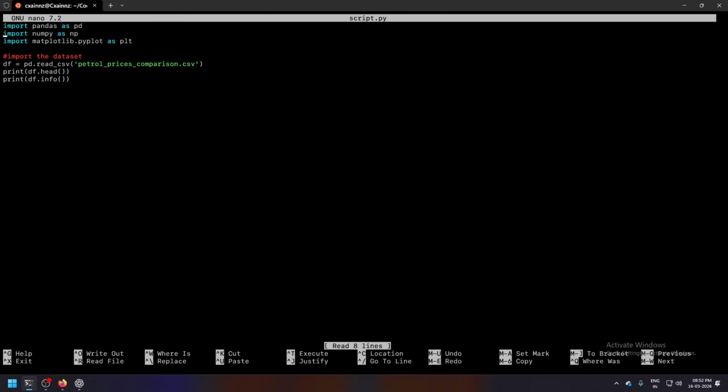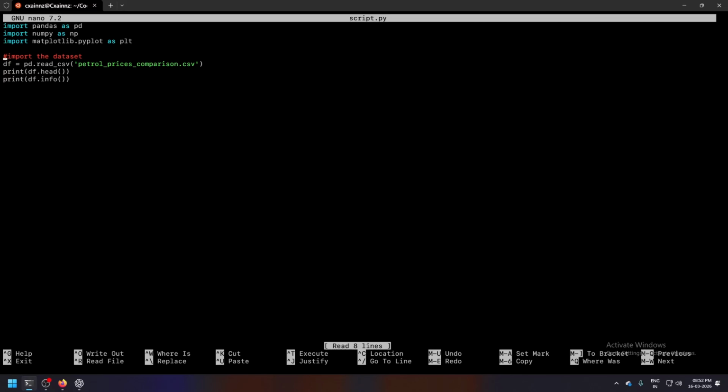Numpy is basically to read the numbers. Pandas is to read CSV files and change them, it's like an Excel for me. Matplotlib pyplot, as the name suggests, is used for plotting. I imported it first because it's like a habit.